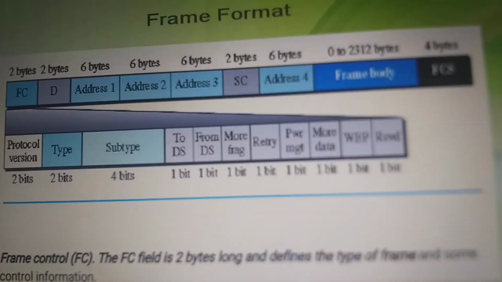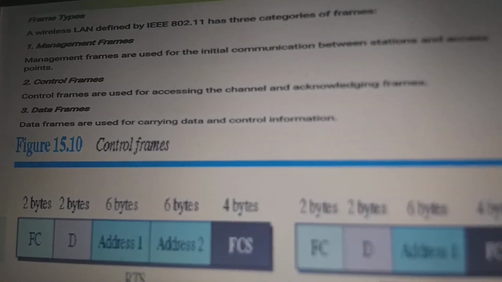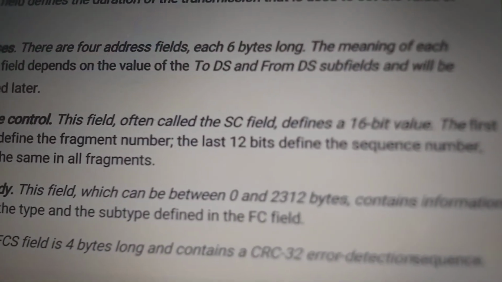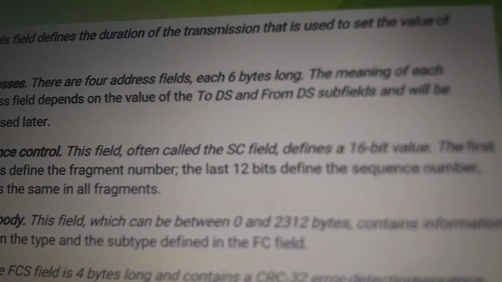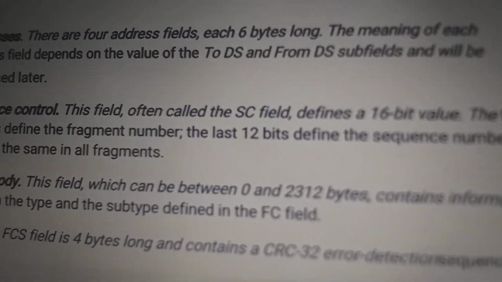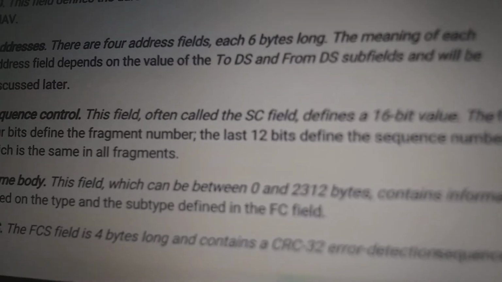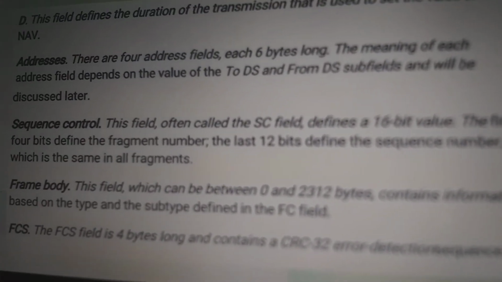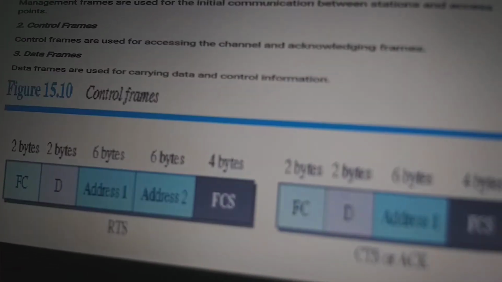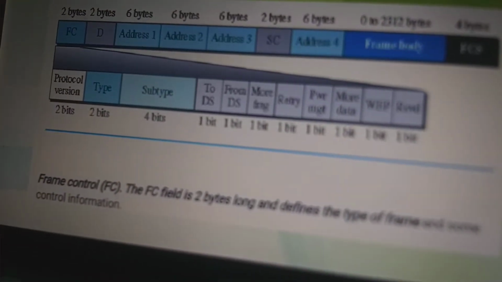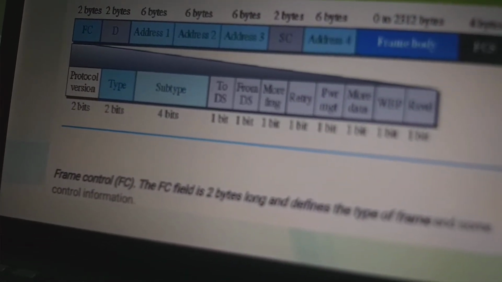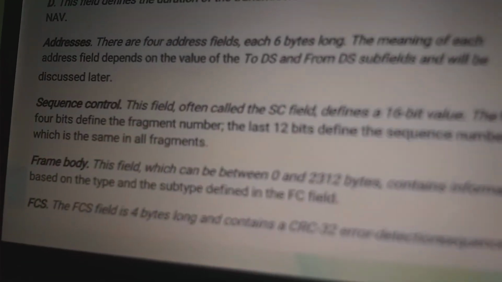Then the next field we are going to study is SC, which is sequence control. This field, often called the SC field, defines a 16-bit value. The first 4 bits define the fragment number. The last 12 bits define the sequence number, which is the same in all fragments. The next is the frame body, which is from 0 to 2312 bytes.